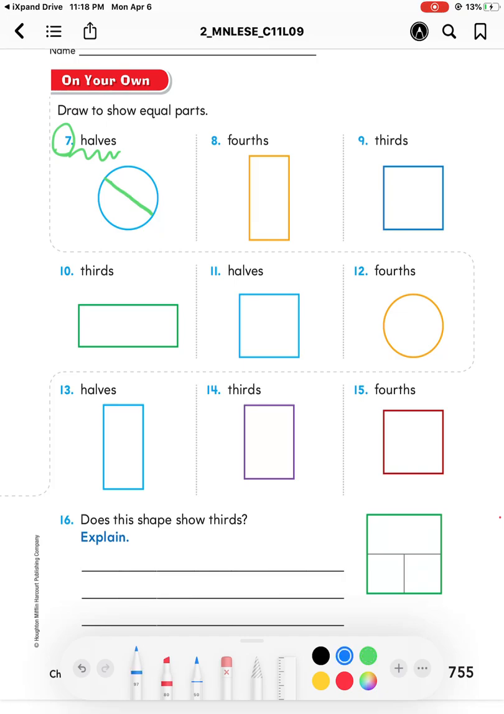Now let's move to question number 8. It says fourths. Here in fourths, how many parts? How many equal parts? Excellent, 4 equal parts. Great, good job. Now we need to divide it into 4 equal parts. 1, 2, 3, and 4. So here we have 4